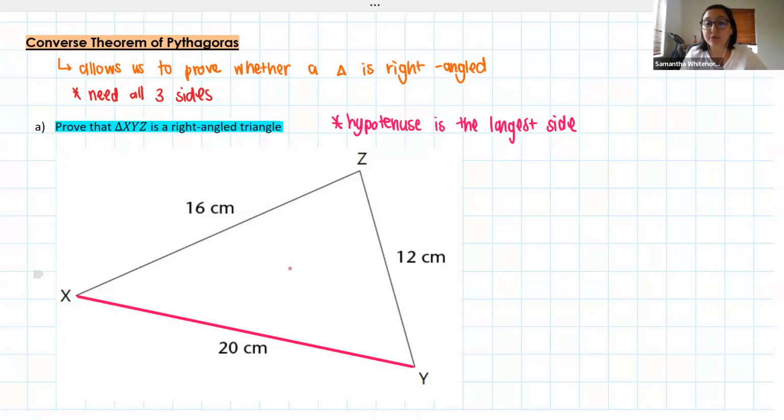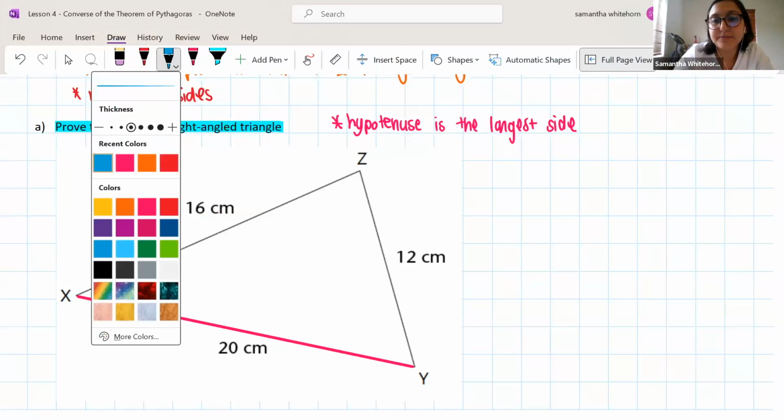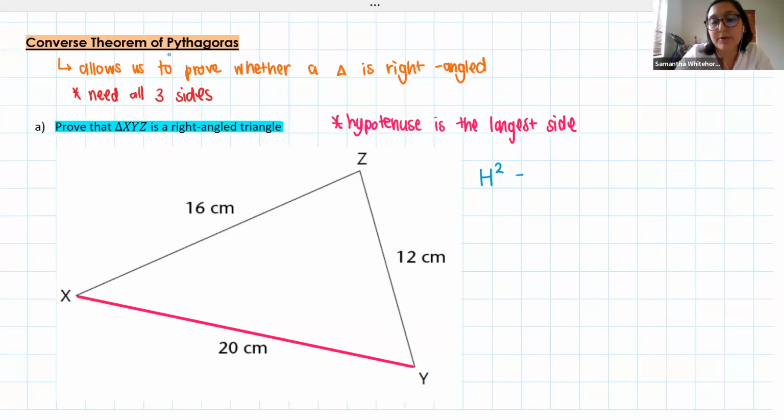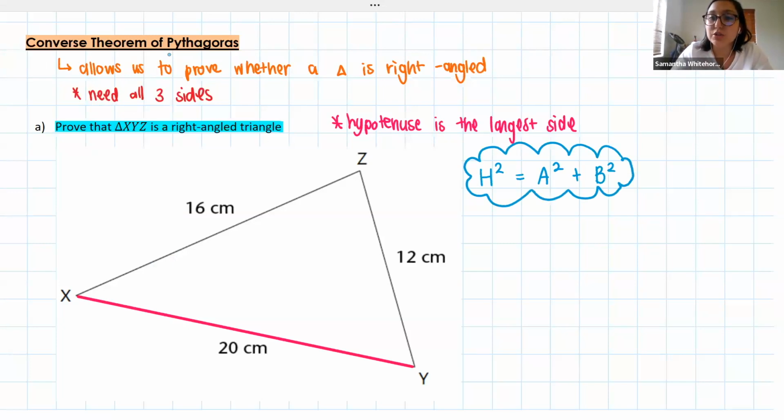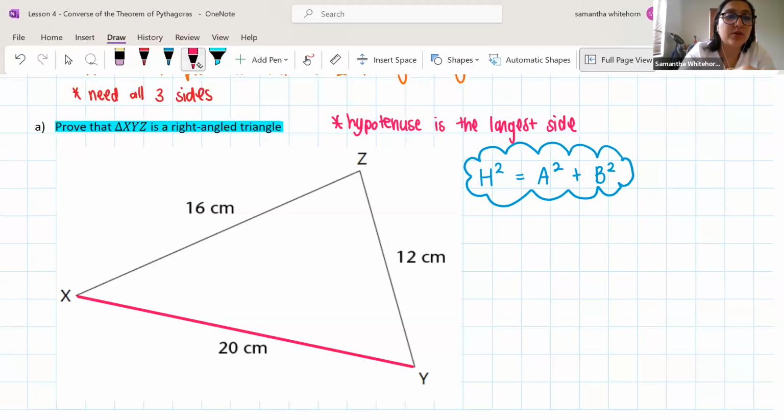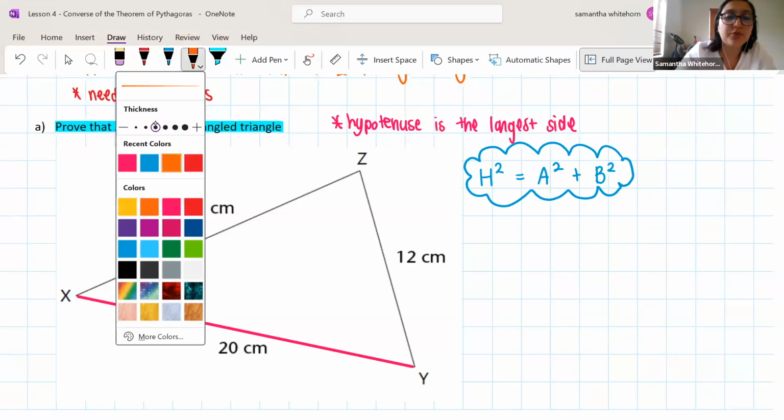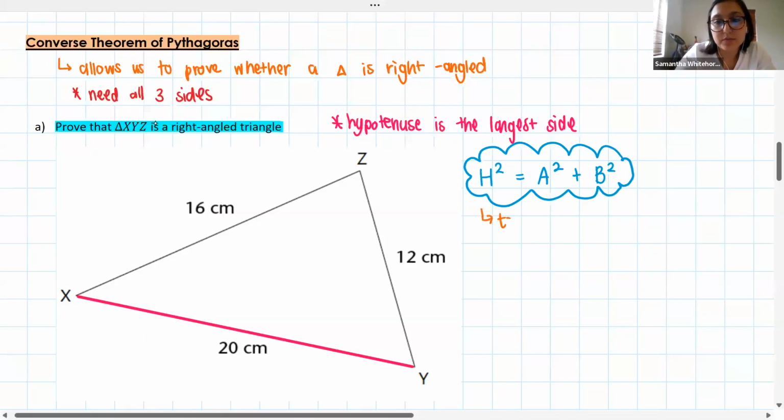But now I need to prove it's a right angled triangle. Just as a quick reminder, Pythagoras says that our hypotenuse squared is equal to the sum of the squares of our two other sides. This in the bubble here is the theorem of Pythagoras. And we now want to use this to prove that it's a right angled triangle. So how do we do that? Well, in order for us to prove it is